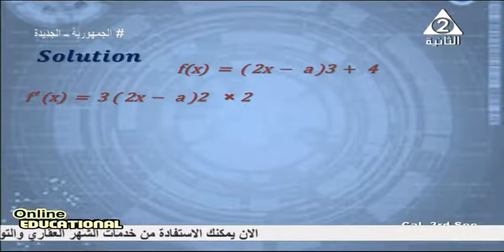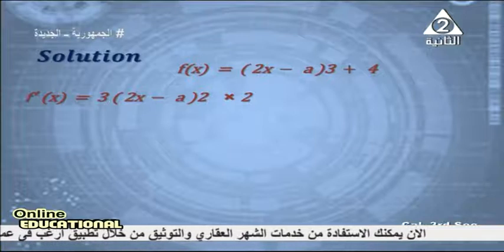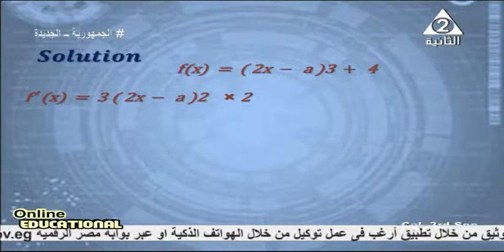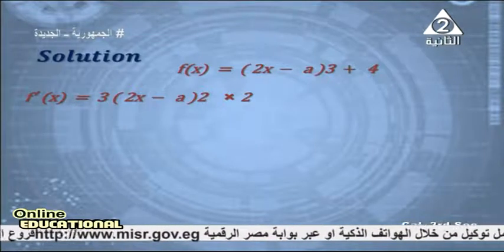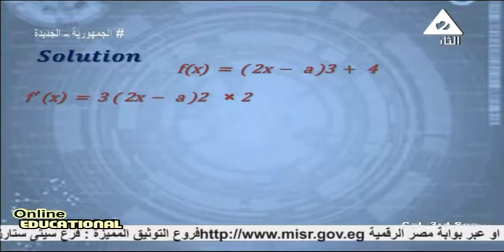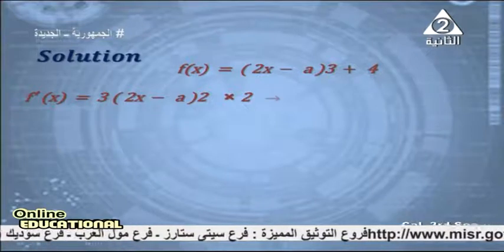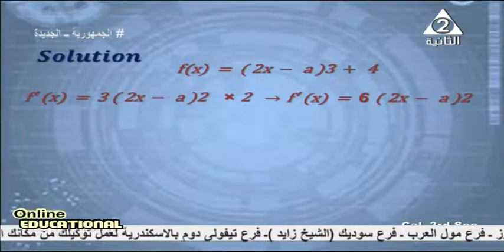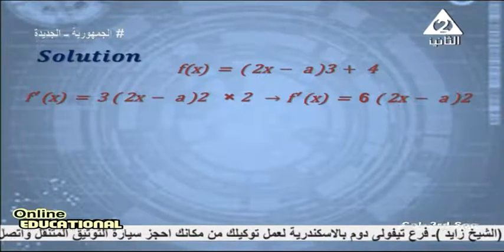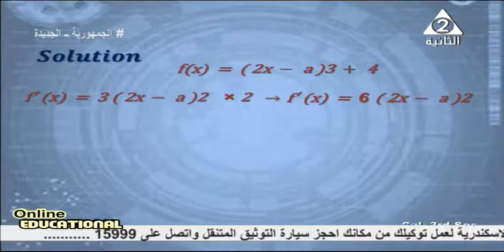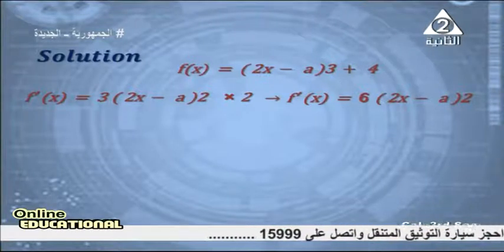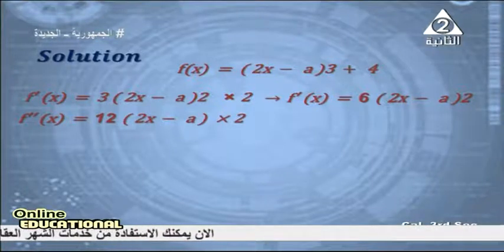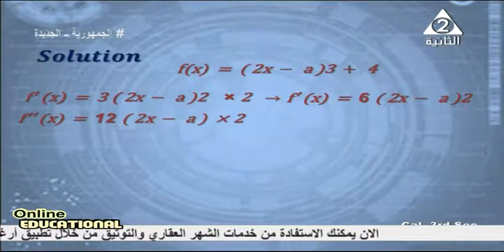So the derivative of the bracket (2x minus a) all to the power 3 is 3 multiply the bracket (2x minus a) all to the power 2 multiply 2. We can write the first derivative f dash x as 6 multiply (2x minus a) squared. What is the second derivative of this function? f double dash x equals the derivative of 6 multiply (2x minus